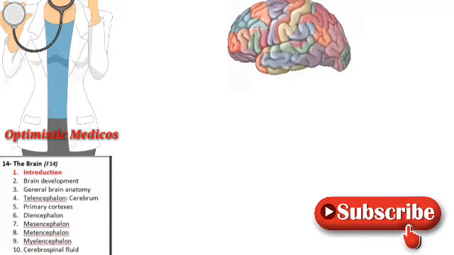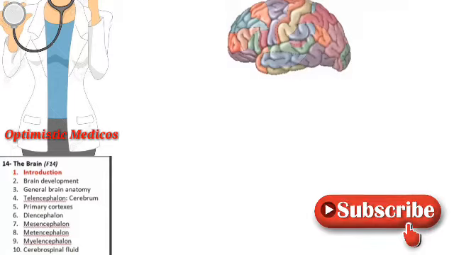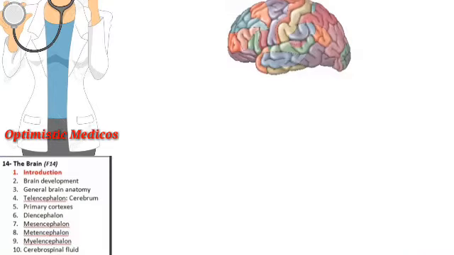Before we dive into the structure and function of the brain, which is extremely complex, I want to do a quick overview, a reminder of the big picture of the nervous system as a whole so that we don't get lost in the details of the brain. You remember that in the last section we talked about the brain and the spinal cord as being part of the central nervous system.